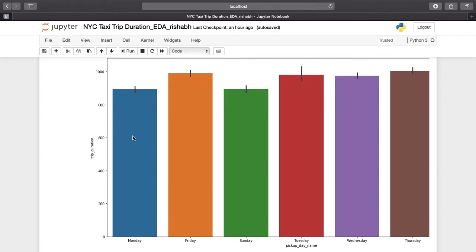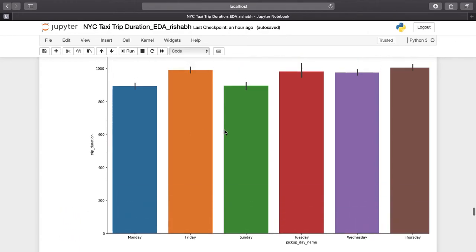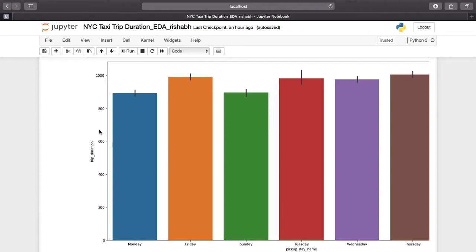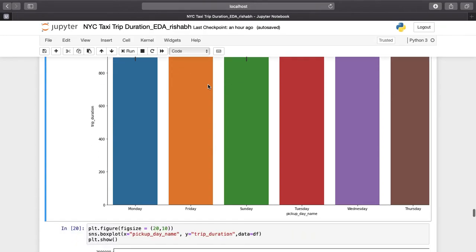So in order to clarify my thoughts on this, I looked at a box plot. But before going to that, if we look at this particular thing, somewhere around 900 something is the average of every day. Maximum 1000 seconds per day average. So this tells me that the heavy number of outliers visible at the beginning are not very huge in number. They are there, but they are less in number.